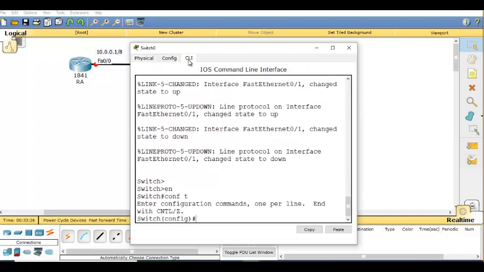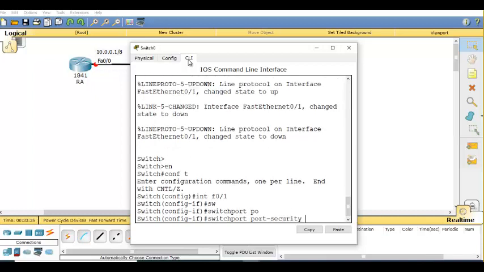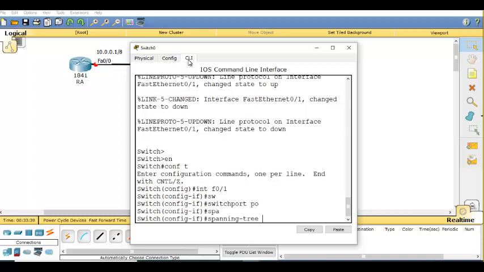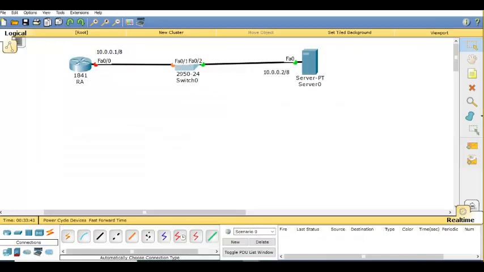I'll go and say interface F0/1, switchport, spanning-tree portfast. Okay, now let us try on the router again.